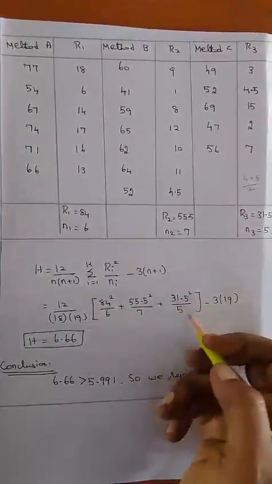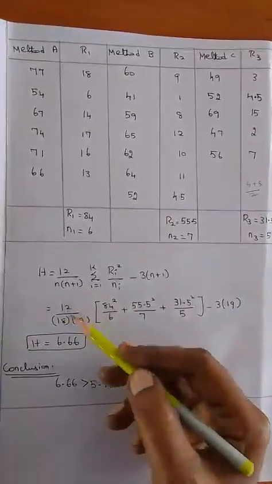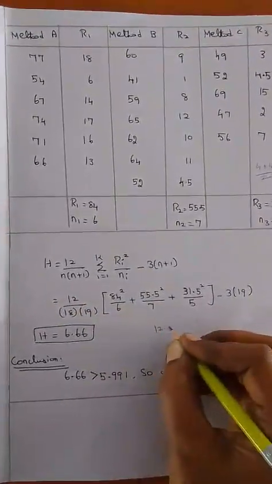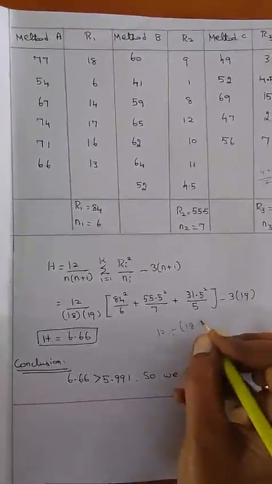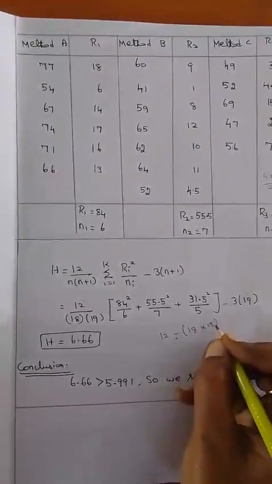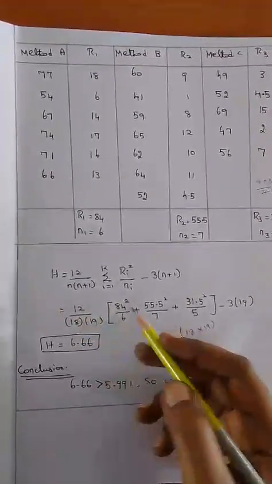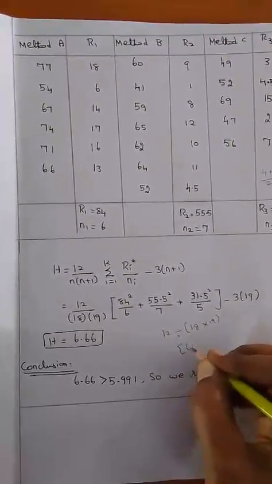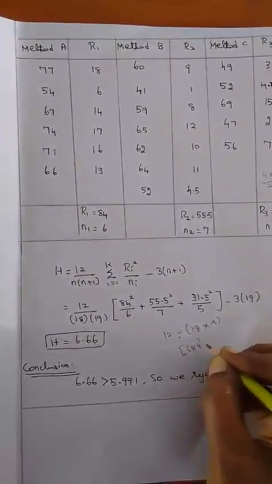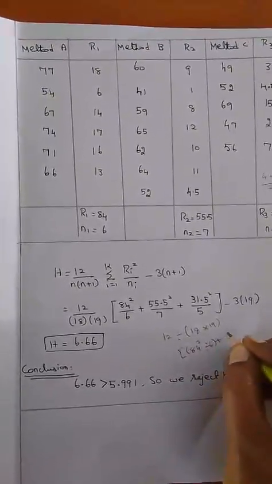First calculate this bracket value and this one. So use brackets in your calculator: 12 divided by, you have to use brackets, 18 into 19. When there is more than one data, we have to use brackets. So find this value separately, and for this you have to use the calculator like this. Open a bracket, 84 square divided by 6. Close it. Again plus, open a bracket